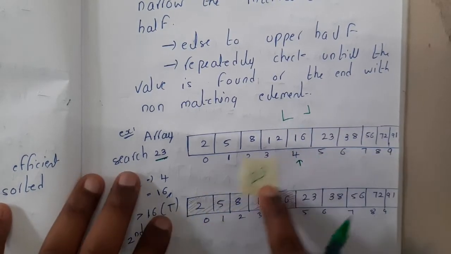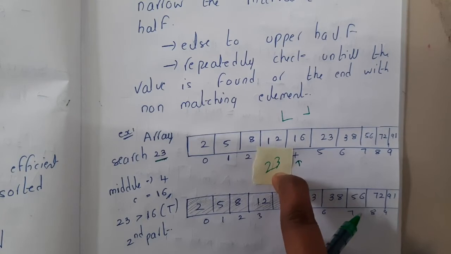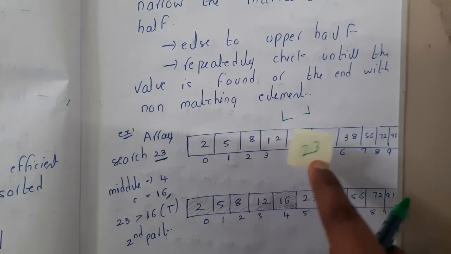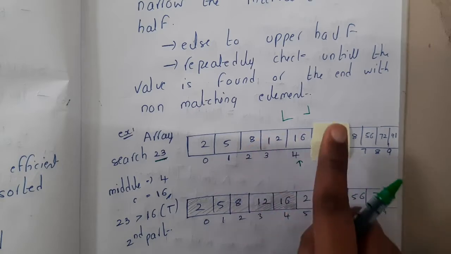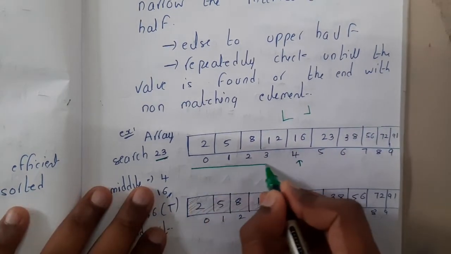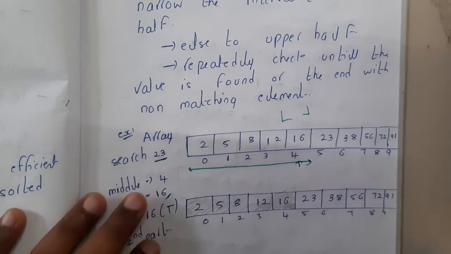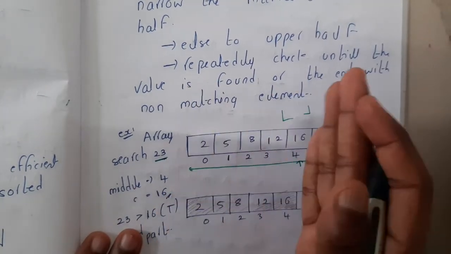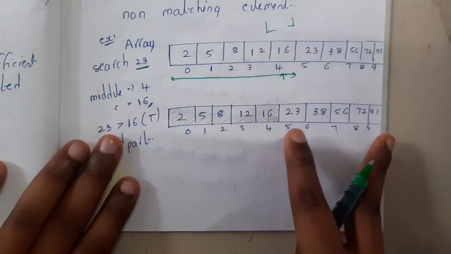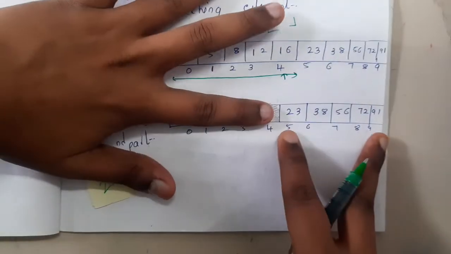Now it will compare, is 23 greater than 16 or not? Is it greater, guys? Yes. Once it understood that it is greater, it will assume that the next list is available, and up to here it will just delete the list, guys. It will not actually delete, it will move the index from 0 to this position 25. Got it? Yes. So now your new list is from here to here.